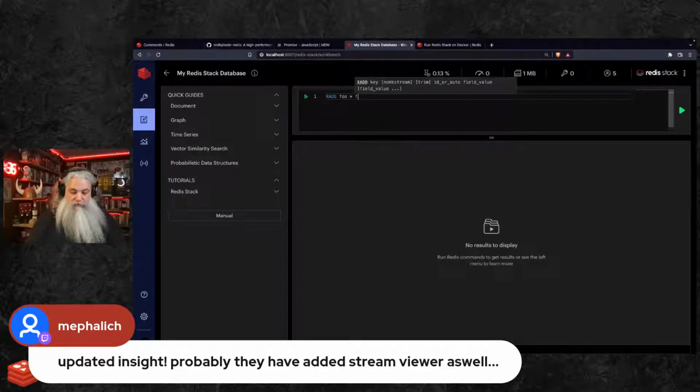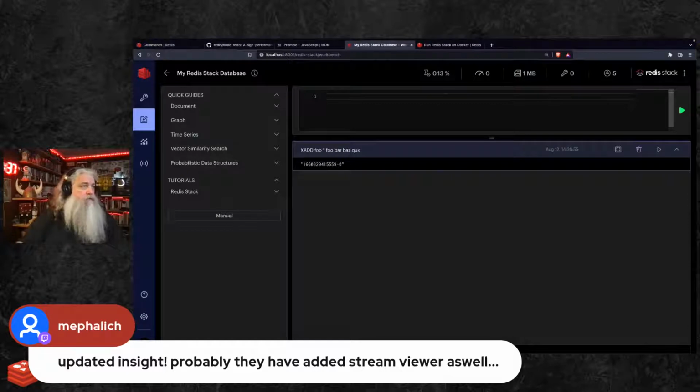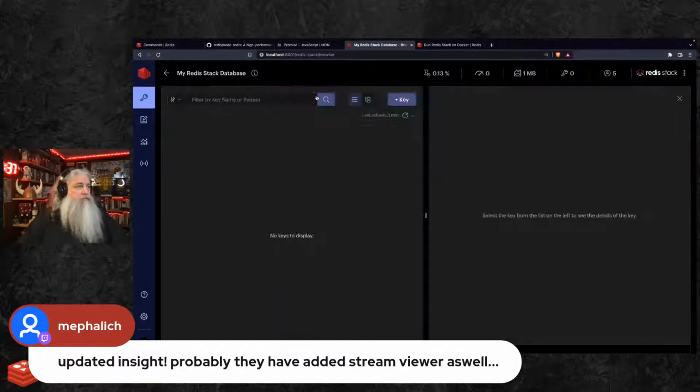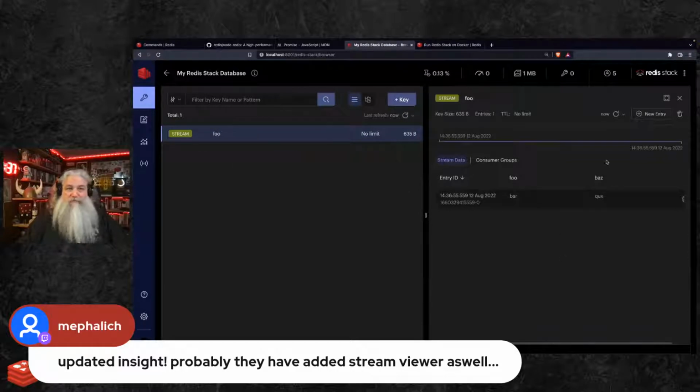And then foo bar as quux. Okay. So now we've got a stream named foo. Refresh here, click on the stream, we can see we've got a view of it. And they even did a graph thing too, which the last time I streamed, I was actually surprised to see that there's a graph capability because I didn't know that was coming.